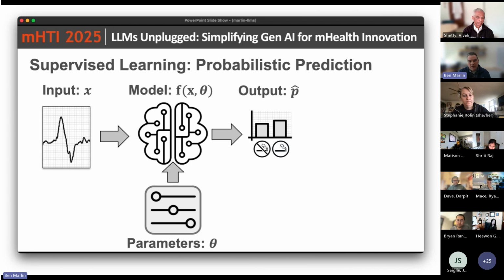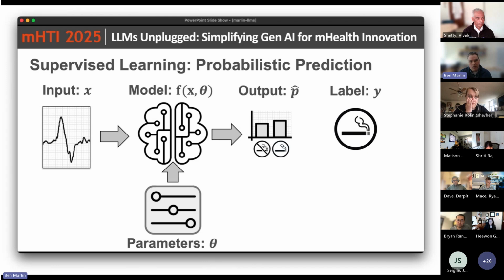probabilistic predictions. So instead of just saying, we think this example corresponds to a smoking puff, instead it might be more useful to say, we think this example is not smoking with probability maybe 0.45 and is smoking with probability 0.55, something like that. Okay, so we have a probability distribution over the potential labels of the input instead of just making a hard prediction for what we think is most likely. And this is in fact how these models are learned. So they're learned based on predicting probabilities and then looking at how those probabilities correspond to true labels.